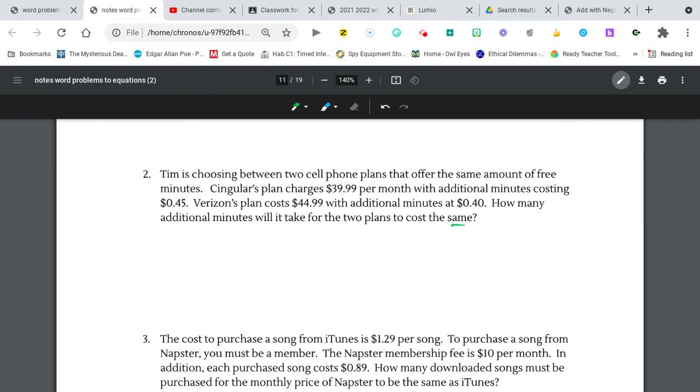So here's the keyword, same. That's going to let you know you're going to set plan one, which is Singular's plan,